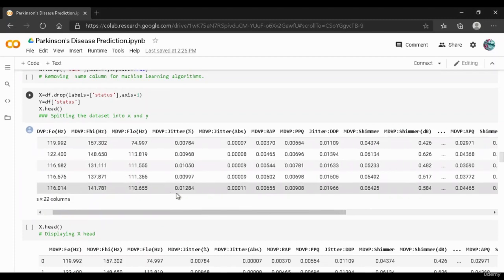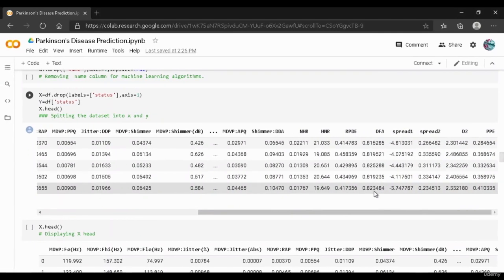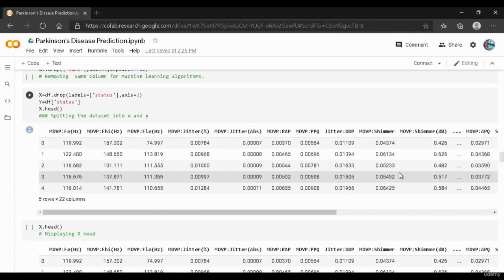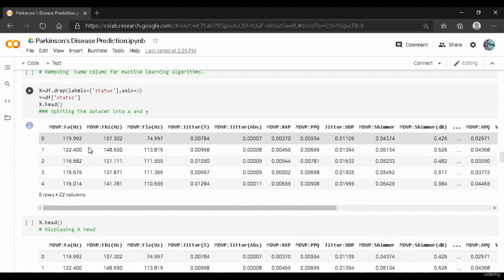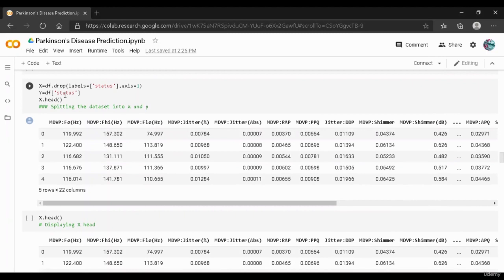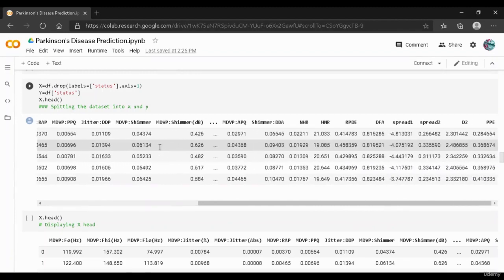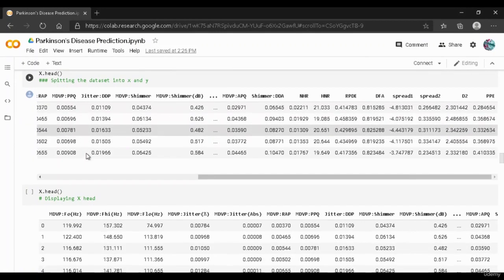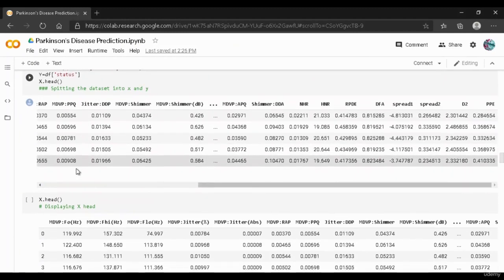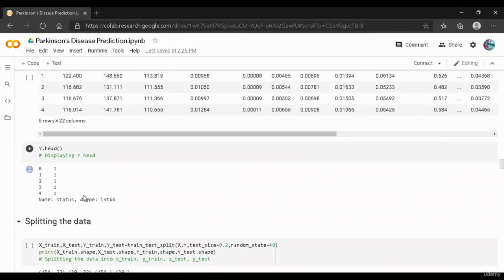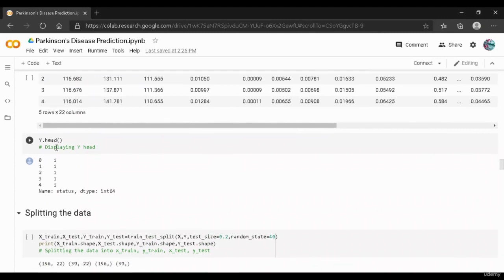As you know, our column called status is our value that has to be predicted, and that's the reason why we have taken status on y, which is nothing but our target variable. As you can see over here, this is the x dot head, which has all the columns from MDVP FO hertz and other such values, but we do not have the target column in this part of data, and we have given that target column to y. And this is the y, which has the target variables in it,